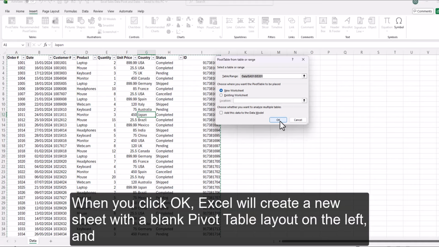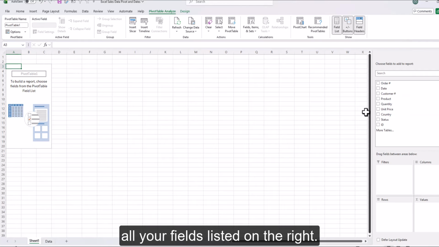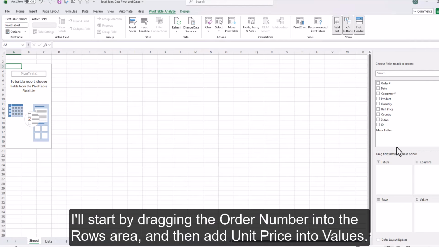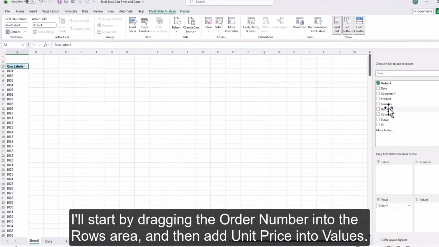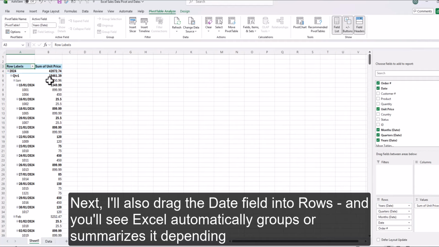When you click OK, Excel will create a new sheet with a blank pivot table layout on the left and all your fields listed on the right. I'll start by dragging the order number into the rows area and then add unit price into values. Next, I'll also drag the date field into rows, and you'll see Excel automatically groups or summarizes it depending on